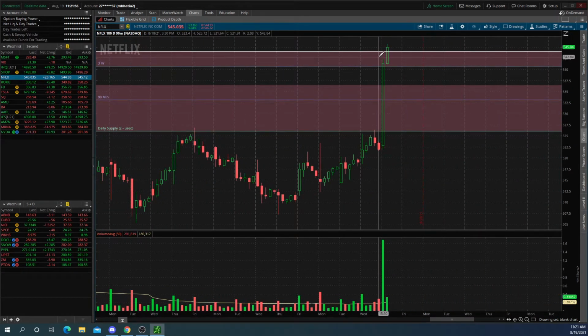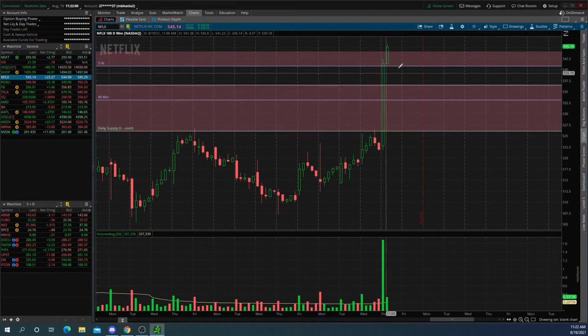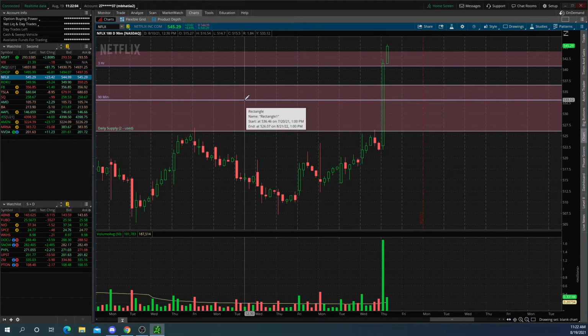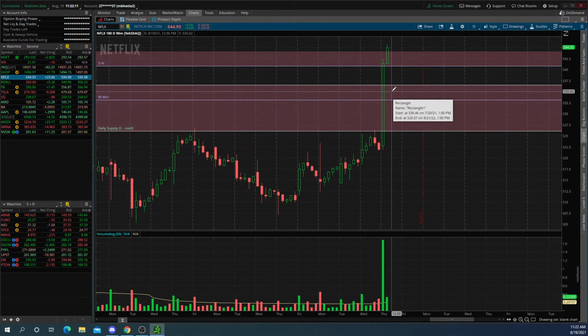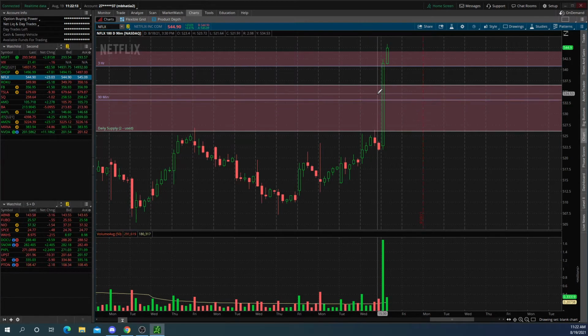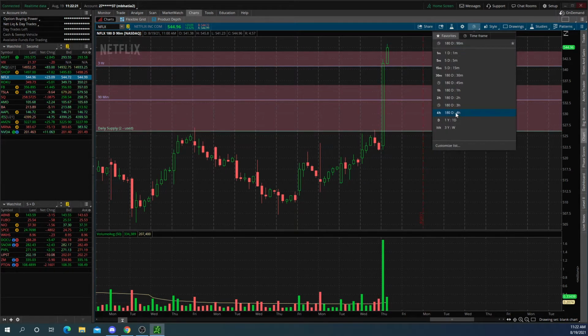And yes, we blew through it, but we can never predict everything in the market properly. There's always going to be anomalies which happen. Keep in mind that this 90-minute supply zone was fresh, so it had a very high probability of working out. Just because it didn't work out means that not everything works out 100% of the time. But the odds were in my favor for this supply zone to reject because it was fresh, and hence this was my target. So now that I have my zones drawn out,